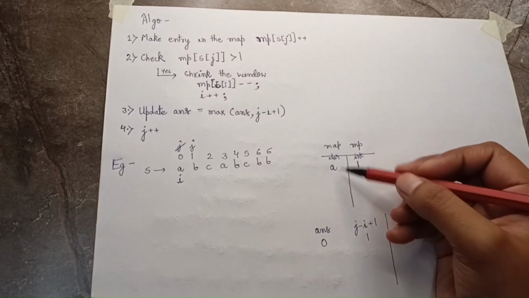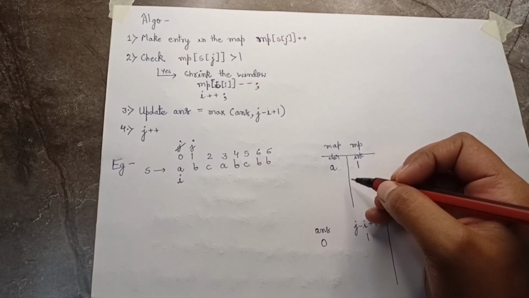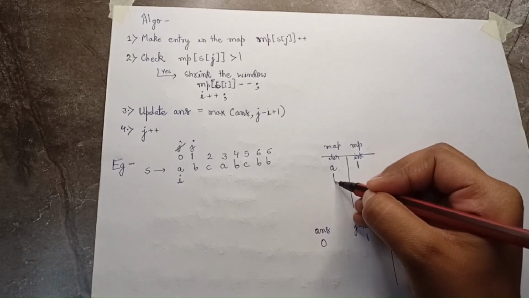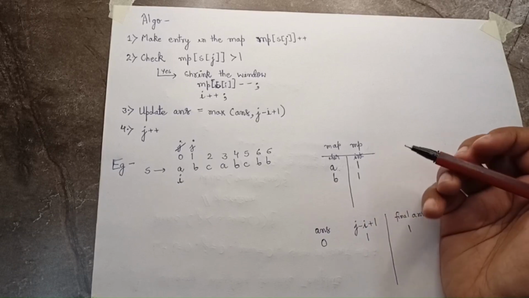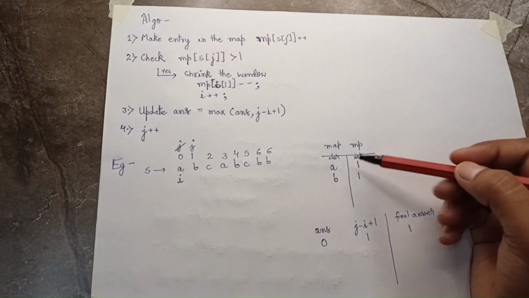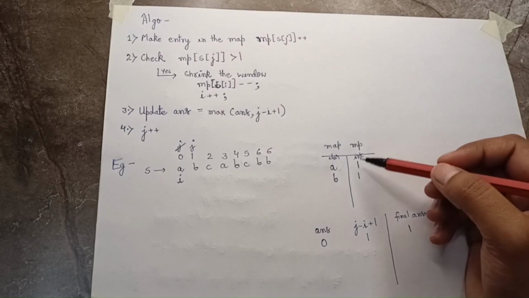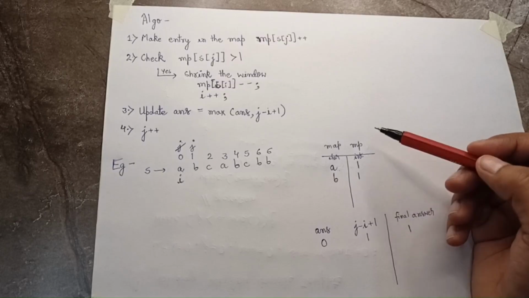Is b in the map? No, it's not in the map. It's a new member in the current window. So we will make an entry of it, and we are not checking whether the current element exists in the map or not. I'm just saying for the